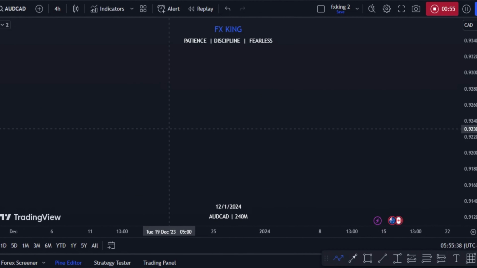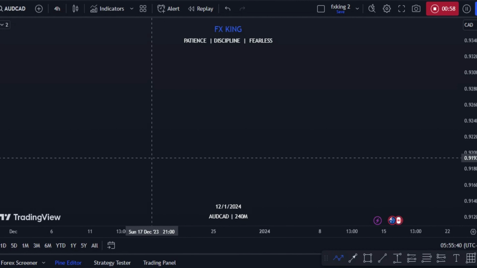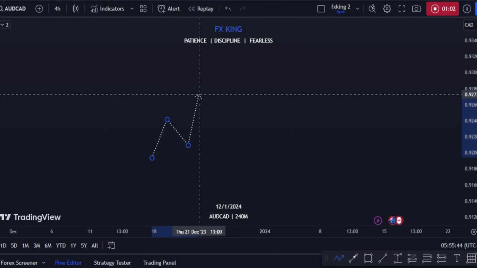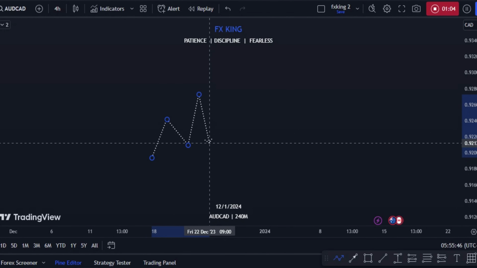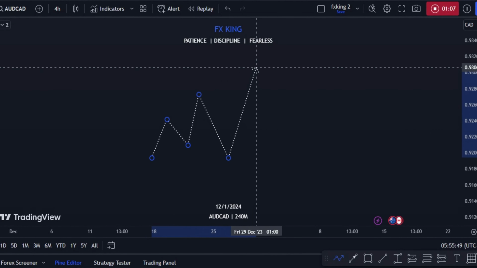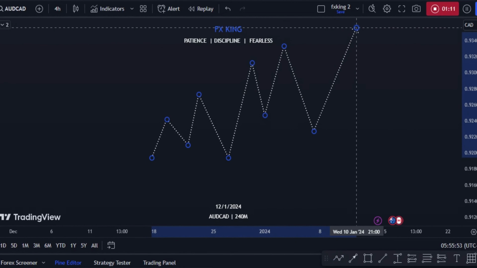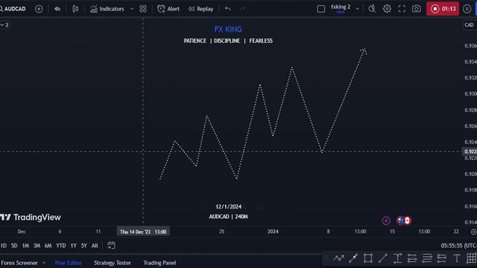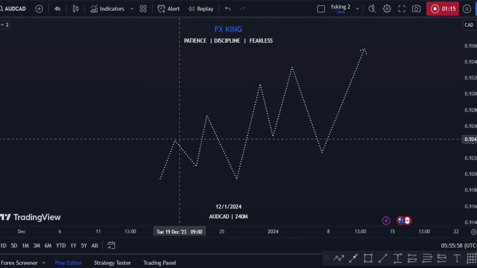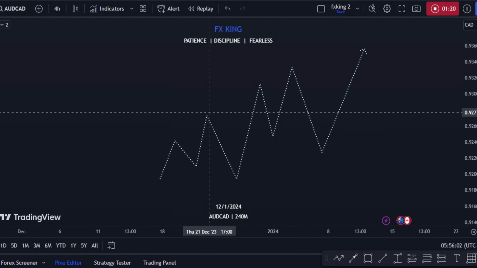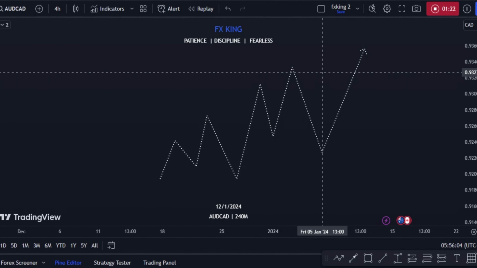Okay, so let's take, for example, what we have is an uptrend. We have this type of uptrend. And at this level, many people will mark this as a break of structure, and another break of structure, and another break of structure. So what you should understand first in smart money concept is